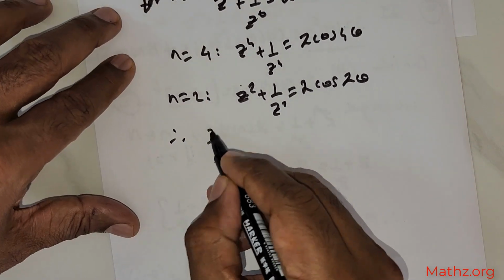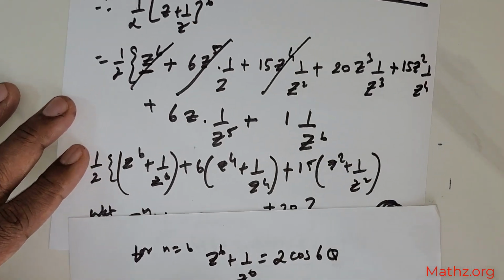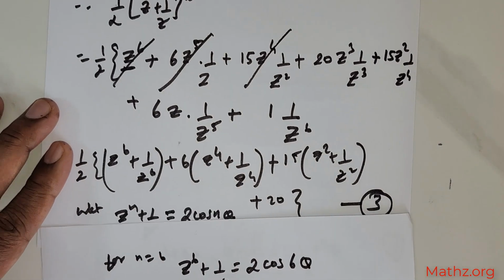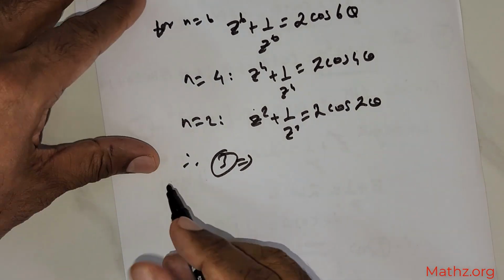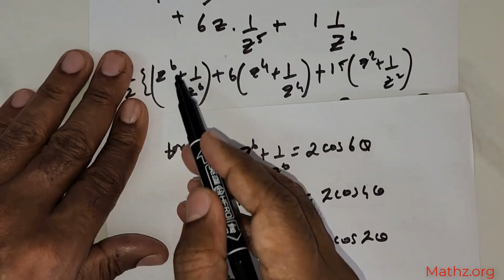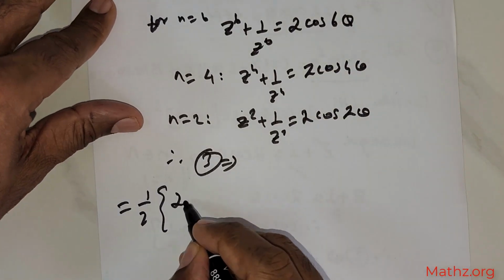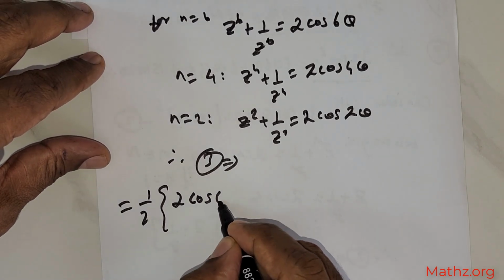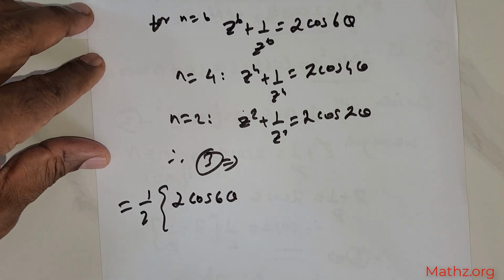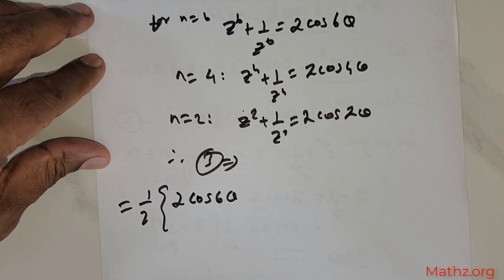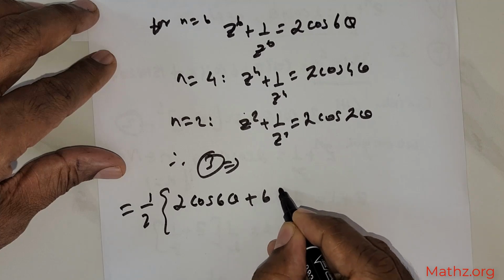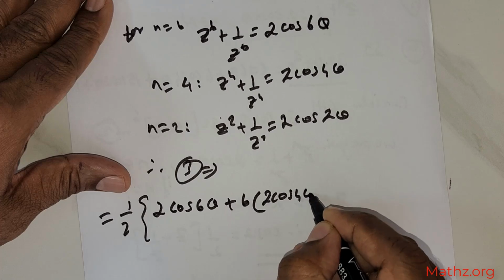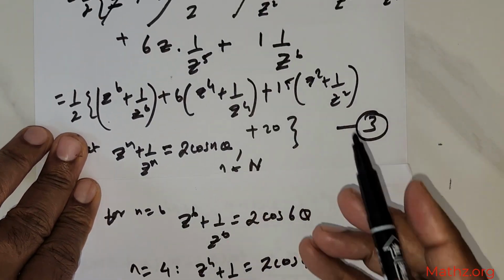So therefore if I were to take this as sum 3, I can rewrite 3 right? So this 3 is going to be rewritten. Okay, I'm going to rewrite this. So that is going to be what? 1 over 2, in place of this, substitute 2 times cos 6 theta. So that is what we have got. And plus 6 times, in place of this, what we got? We got 2 times cos 4 theta, plus 15 times